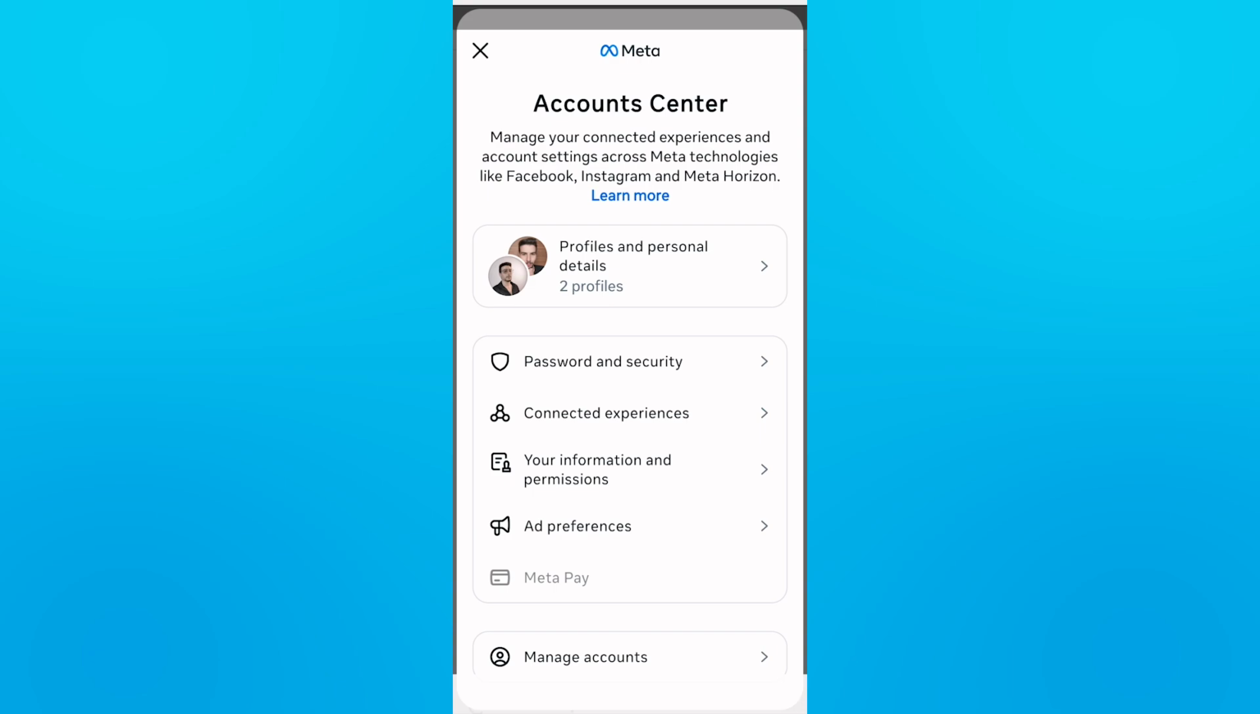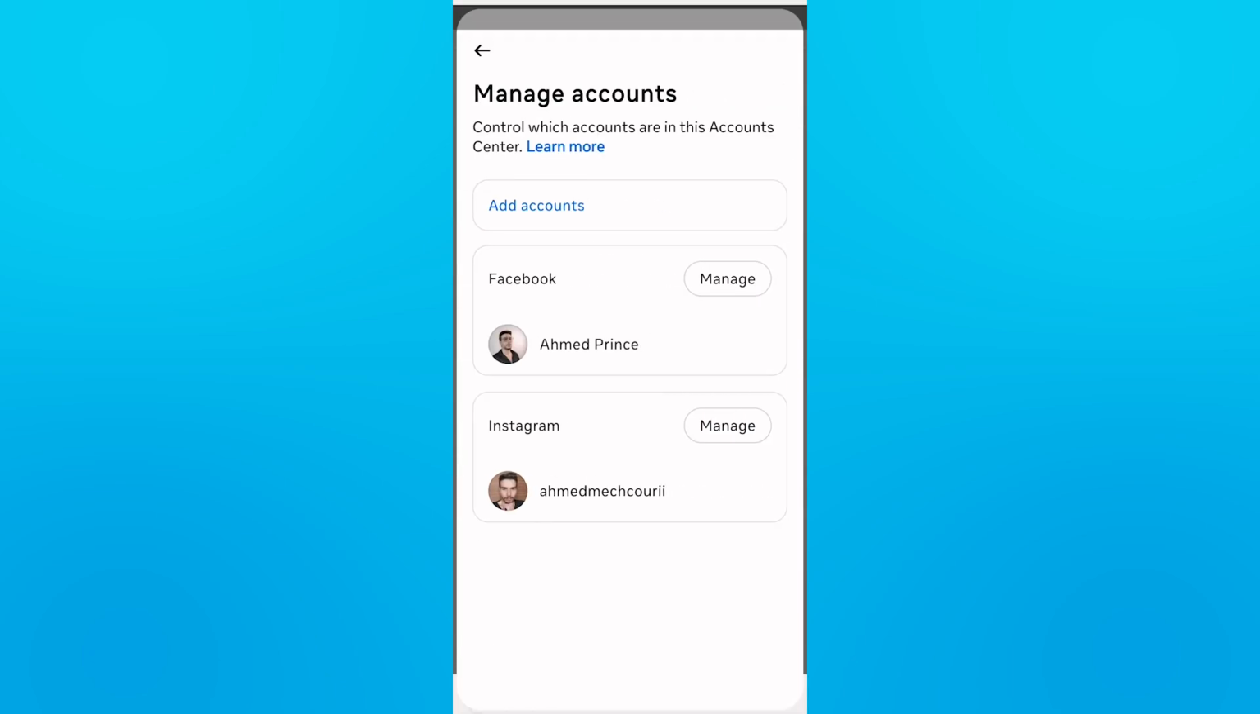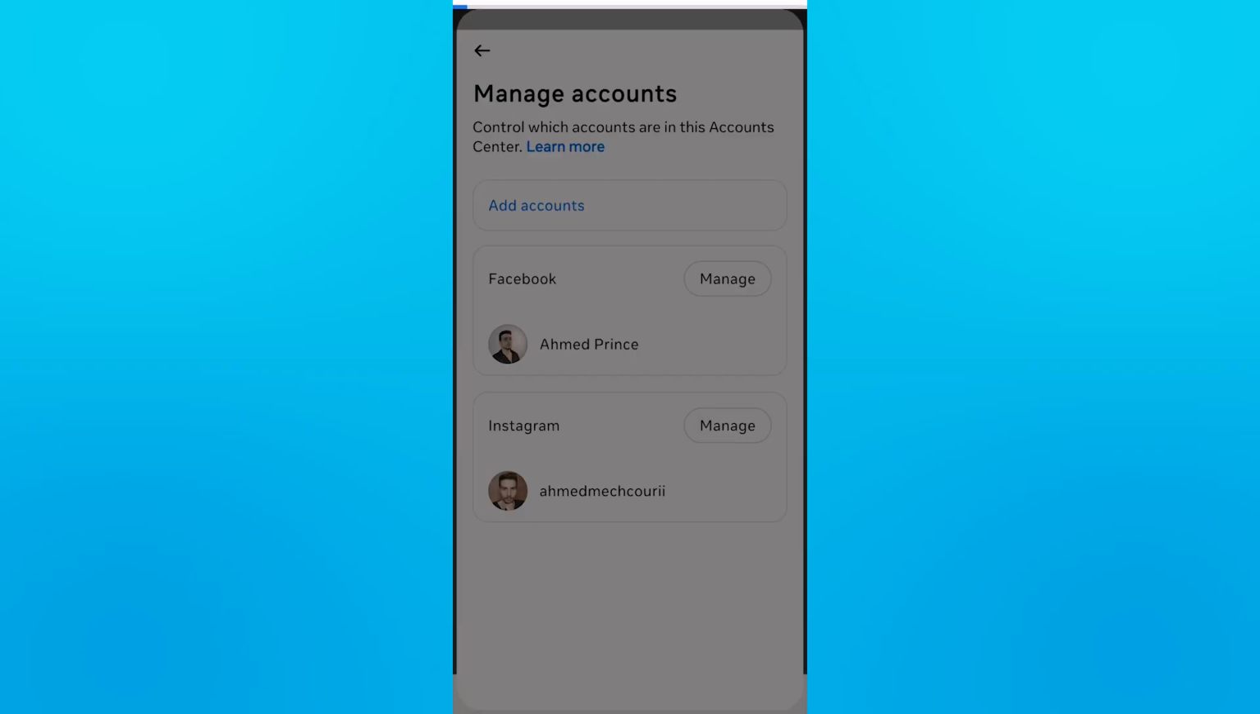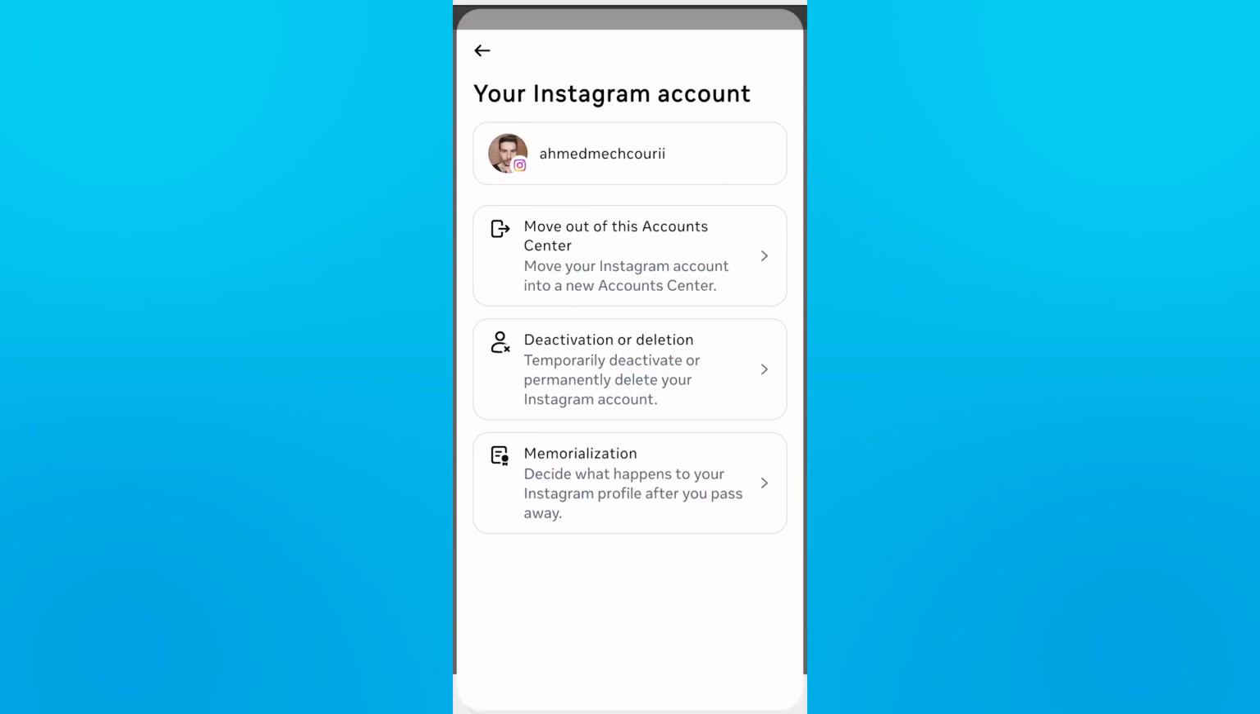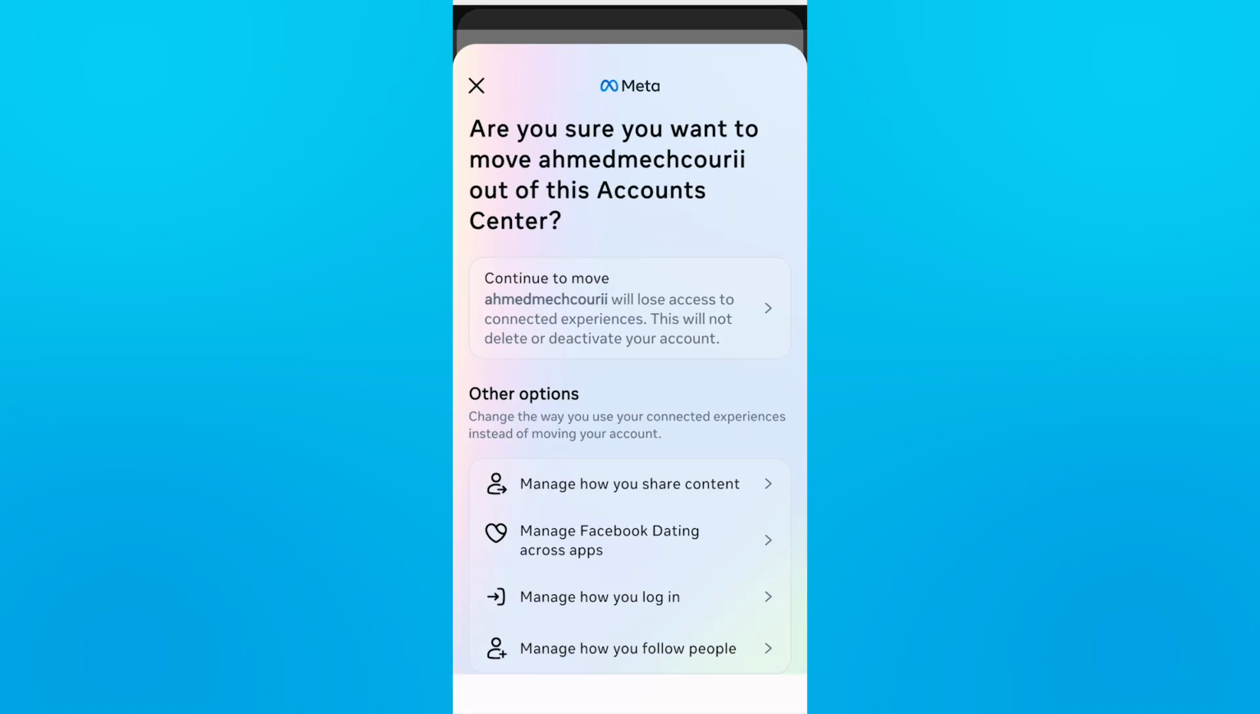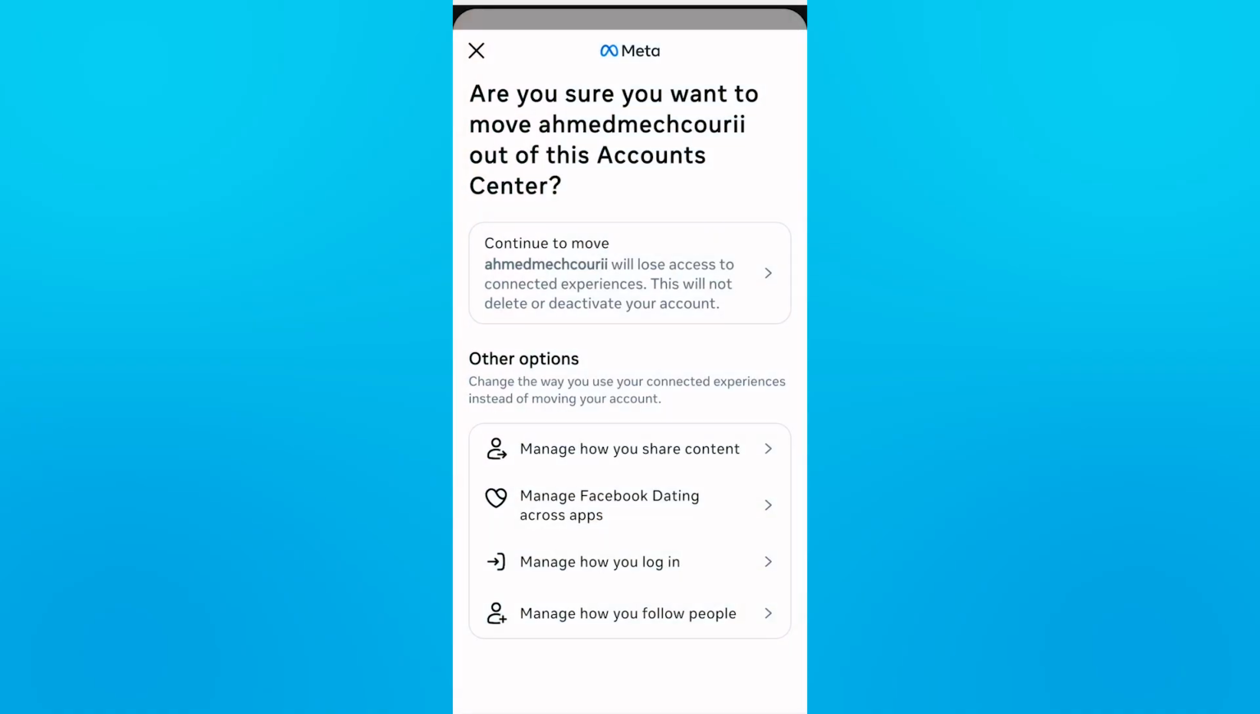then tap manage accounts, then tap manage next to your Instagram profile, then tap move out of this account center, then tap continue to move,